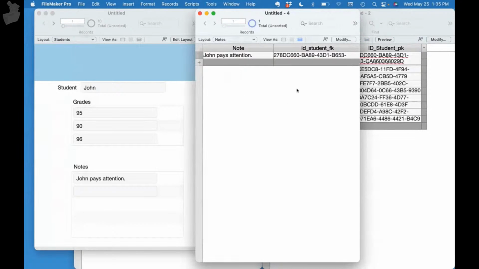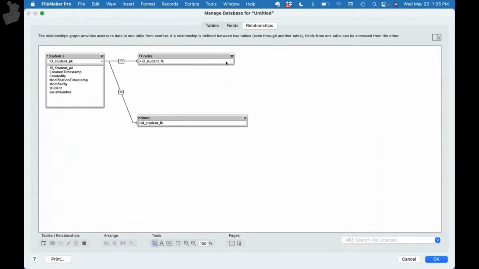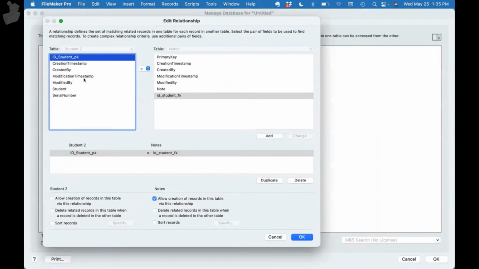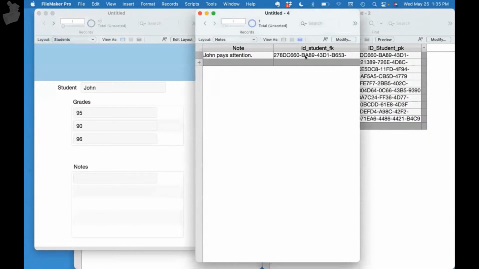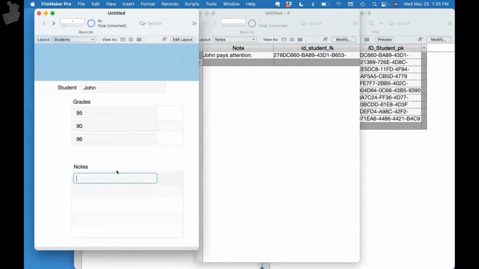Now let's go ahead and change this and see what happens if we base this, instead of the UUID, on the serial number. Now that broke the existing record, so it's no longer connected to this one. But if we type this in and we say, John needs to work harder,